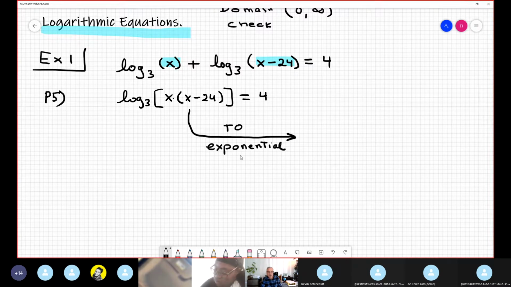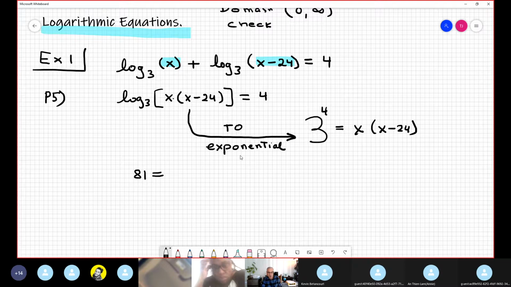What's the base? Oh, the base is 3. So this is a small 3, I put it big. What is the exponent? The exponent is the answer of the logarithm, which is 4. It is equal to the argument, which is x times x minus 24. Does everyone understand the conversion from logarithmic statement to exponential statement? It's easy because 3 to the 4th power is 3 times 3 times 3 times 3, which is 81. So 81 is equal to x